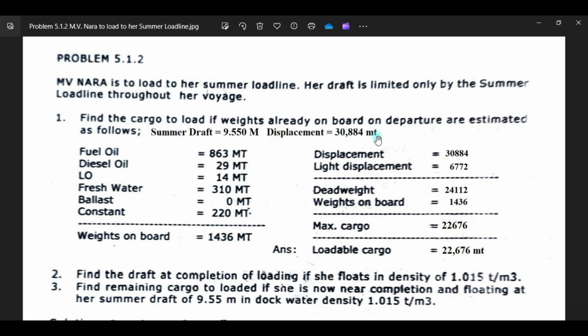When you say summer, your summer draft will be 9.55 and the displacement is 30844. So that will be your summer load line, or summer draft will be 9.55, which is this one.